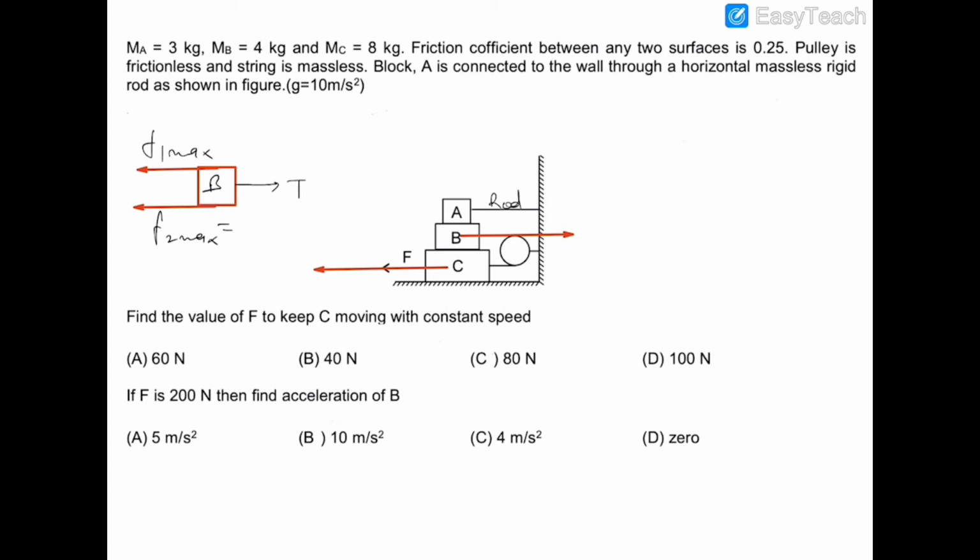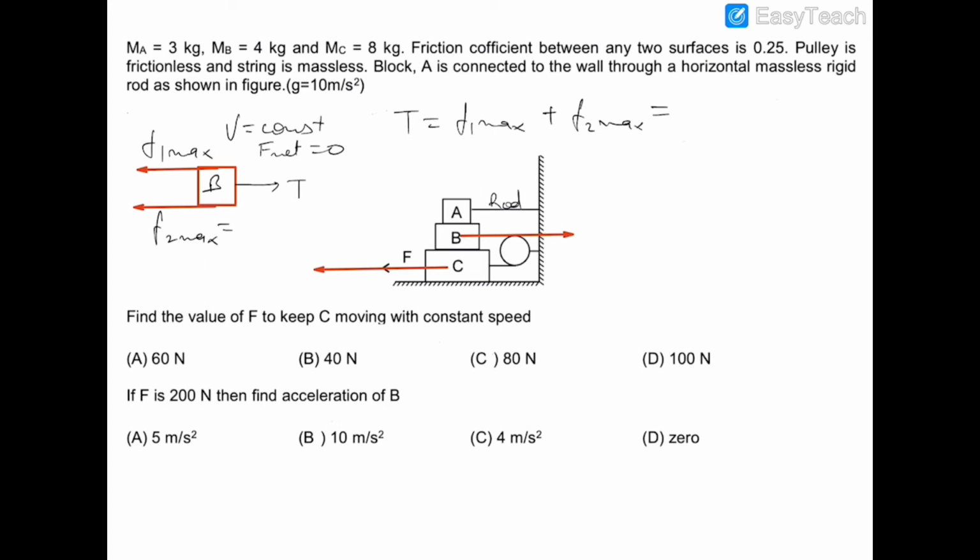Now if C is moving with a constant speed, let's suppose V, therefore B will also be moving with the same constant speed, because the pulley which is connecting these two blocks is at rest. So for the constant speed, if V is equal to constant, then the net force will be 0. So this tension will be balancing out F1 max plus F2 max,